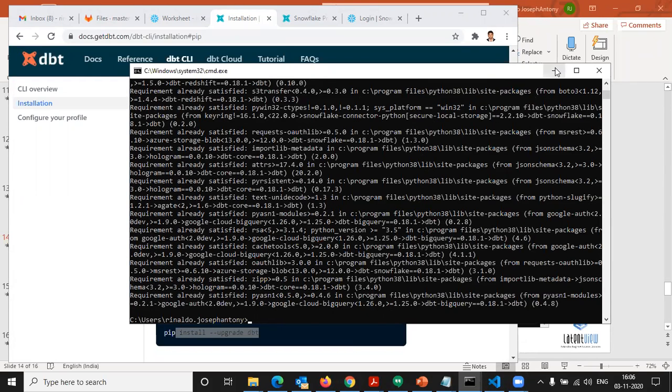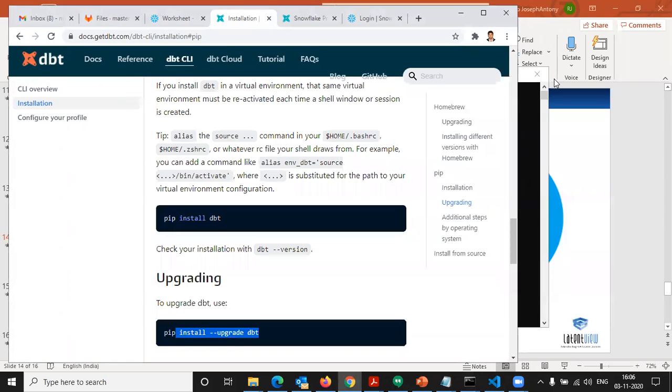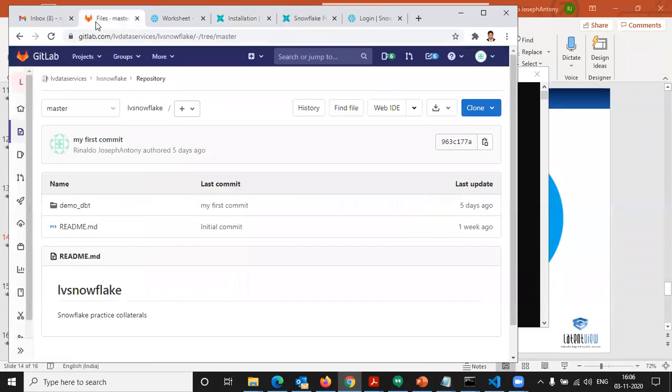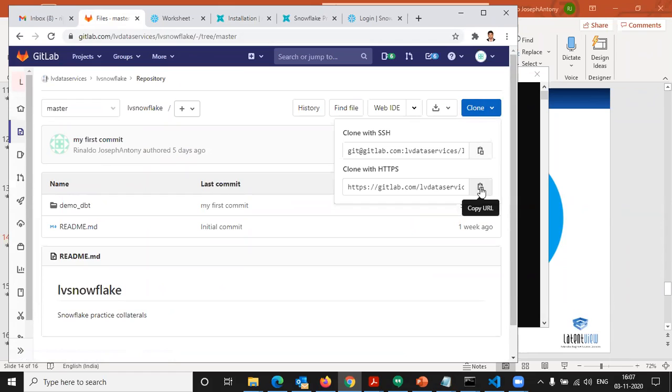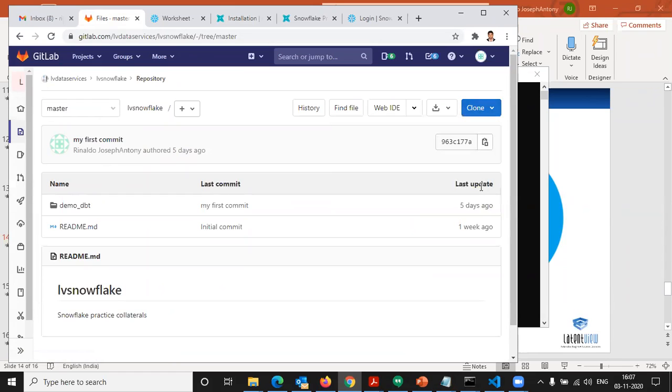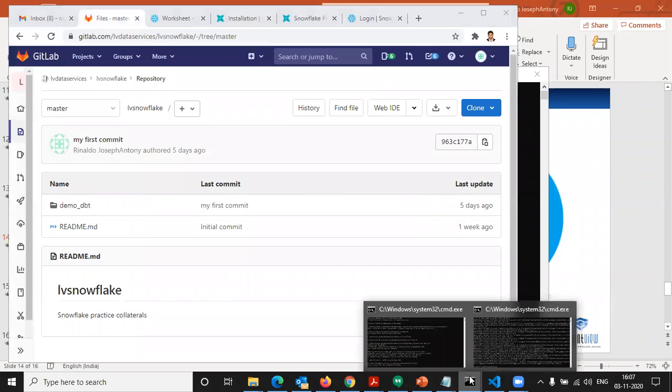So once you have this, the next thing you have to do is clone your repository, GitLab or whatever you use. I'm using GitLab here to do a demo on this. You can use GitHub or Azure DevOps, Git, whatever is yours. You just clone the repository path from the repository you are using from here. So I've just copied it. And now what you'll have to do is,